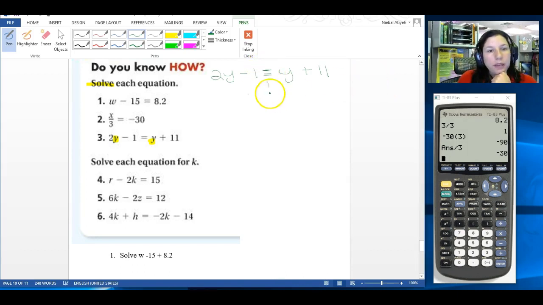So we have our equal sign, two separate sides. I have a y here, 2y's here, and a y here. I want to get them together. If you're moving something across the wall in these equations, here's our equal sign, I can't just move the y here. Okay, so let's say I want to move the y over here,